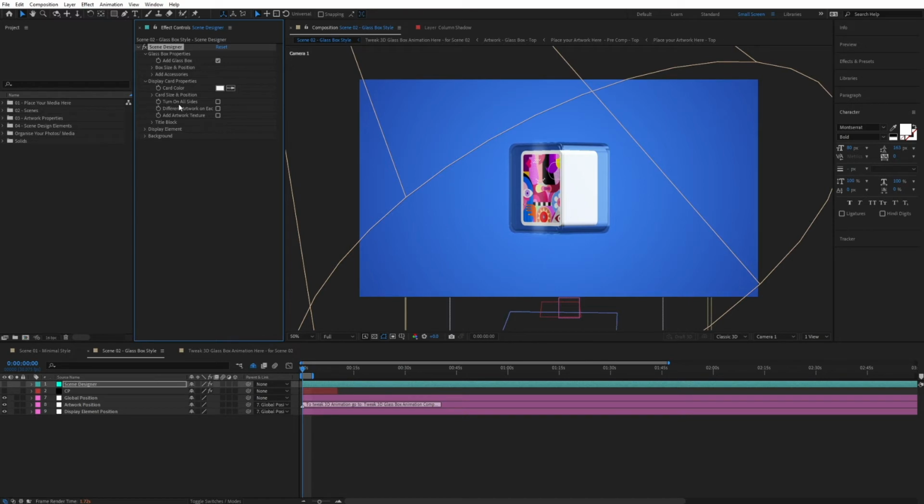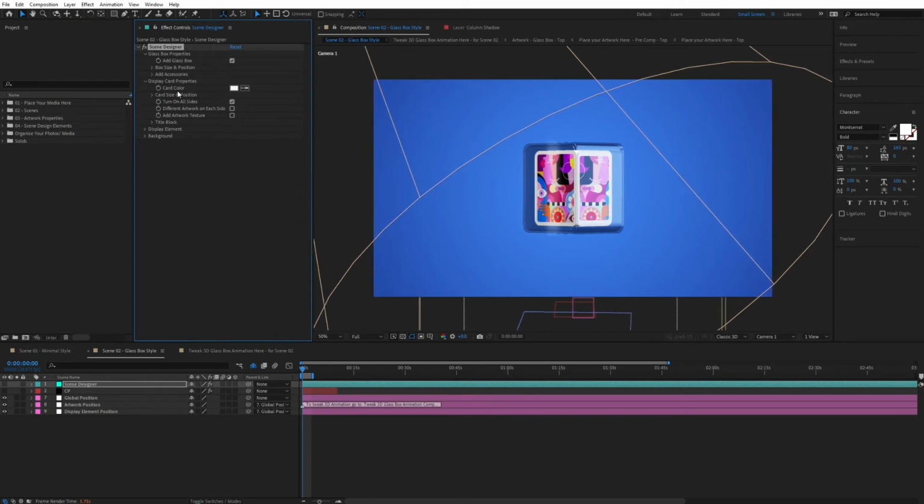Then there is a feature named Turn on All Sides. This is quite a cool feature. If we tick this on, you can see that it displays an artwork on each face of the cube, of the box in here, of the card. And then you have another feature just right under that, which is named Different Artwork on Each Side. Simply tick on that,